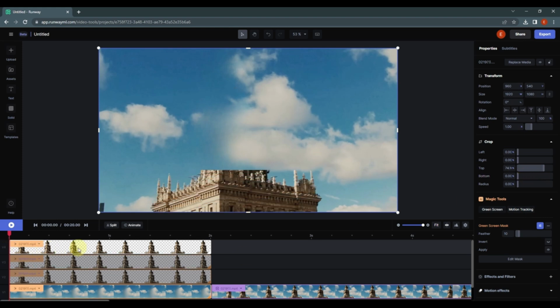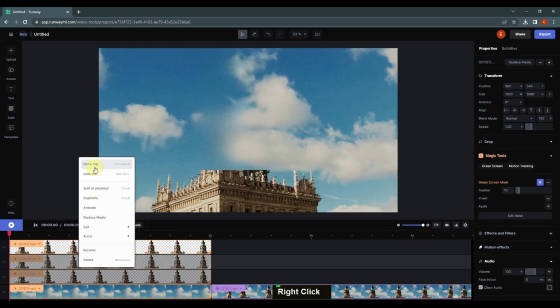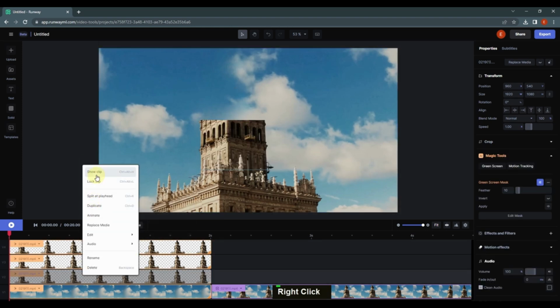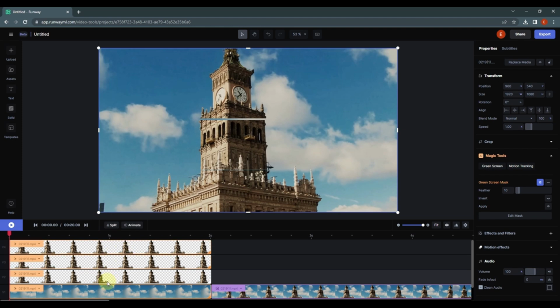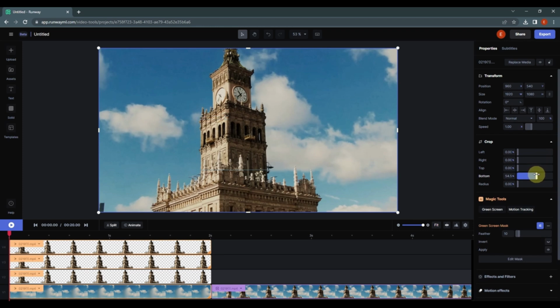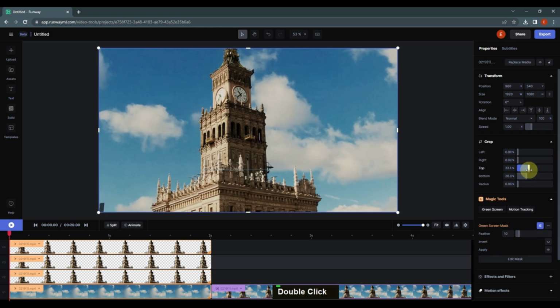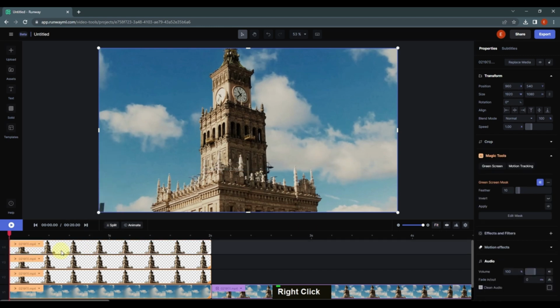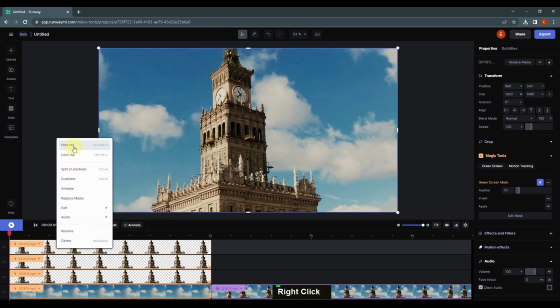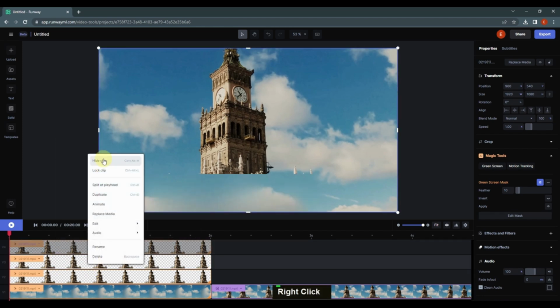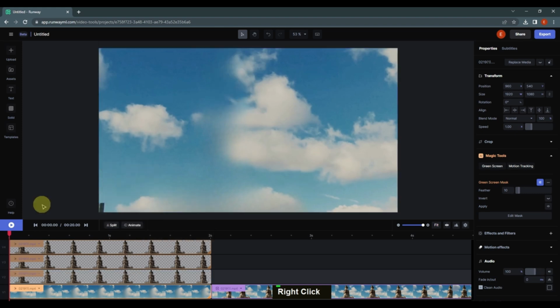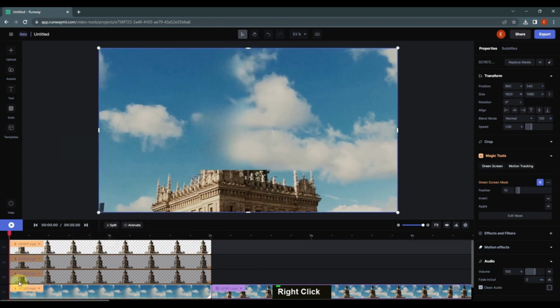Now as you can see guys, we have this bottom, we have this center part, and we have this top part. So I'm going to select this top part, and let's go to the crop, and let's fill the gap. Select the center one, go to the crop, and let's fill this part. Now guys, what I'm going to do is I'm going to first hide these clips, and first I'm going to show this clip,